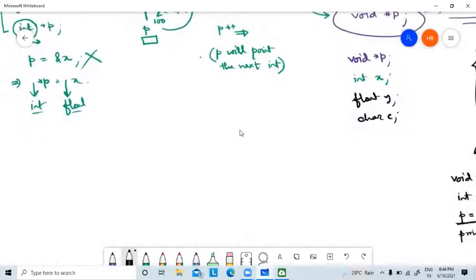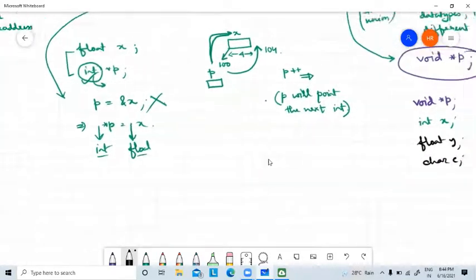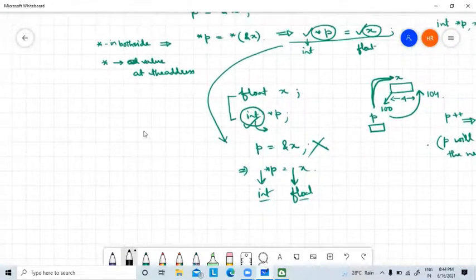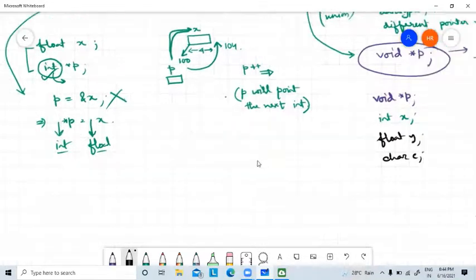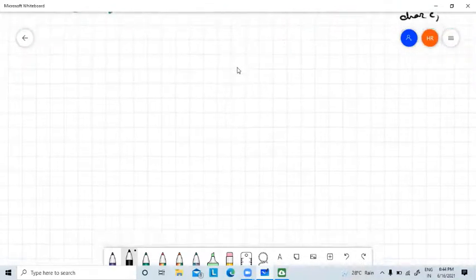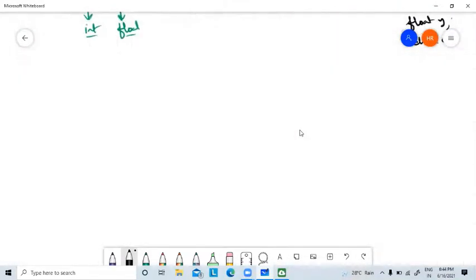Okay. Now, in last class, we have seen that there is one thing called call by address. For that, we need to use pointer. And today we will discuss one simple problem.